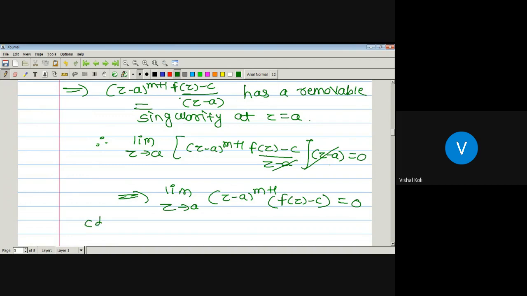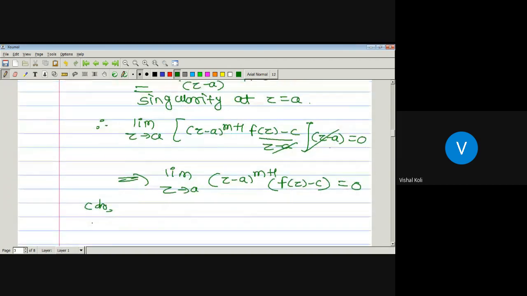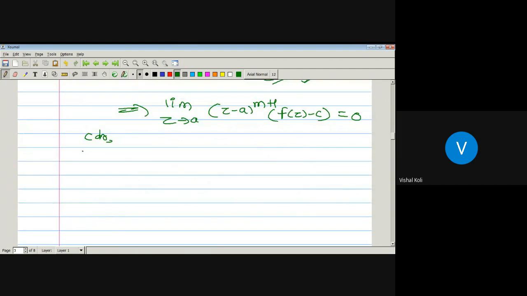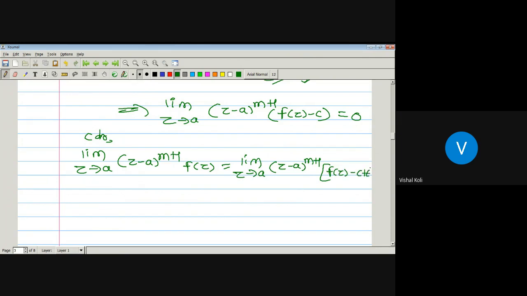Now let us consider the limit z tending towards the point a, z minus a to the power m plus 1 into f(z). So it can be written as limit z tending towards the point a, z minus a to the power m plus 1 into f(z) minus c plus c, minus c getting cancelled, of z minus c plus